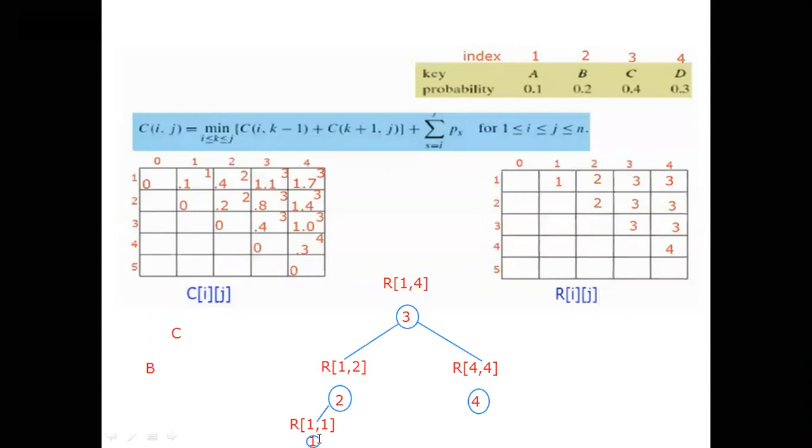Next, what is the value? It is 1. What is 1? It is A. It is the left child of B. Right? If they are given as capital, you also have to use capital. I will make it a circle. First, I will finish filling the value. Next is 4. What is 4? D. Now I will draw the circles. Every circle I will draw.